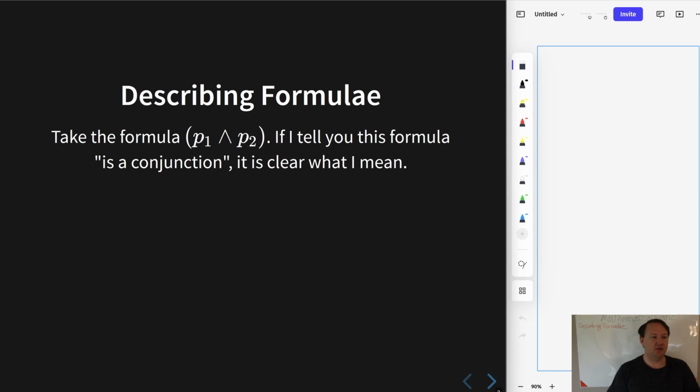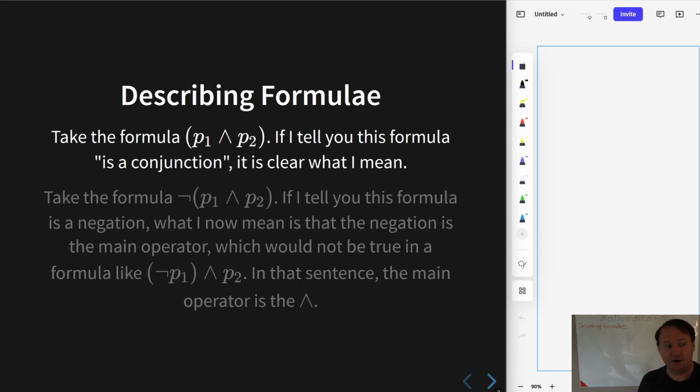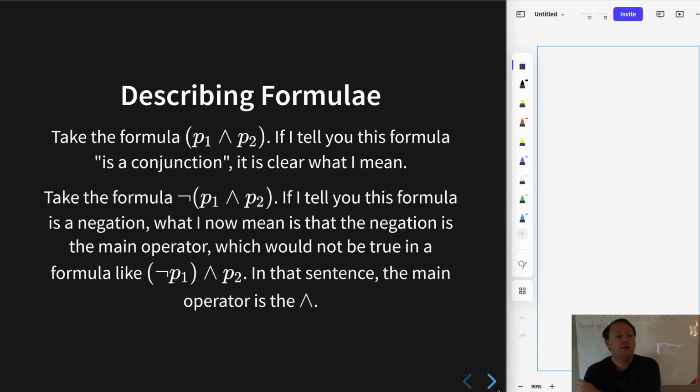I'm basically telling you that it is the result of taking some formula and some other formula and putting them together in the construction rule that constructs the conjunction. And it stops there, right? So the conjunction is the main connective, said another way. Now let's do it all over again with the slightly more complicated sentence where I put a negation in front of that. I can now tell you that this is a negation, which could be a little less clear exactly what that means,